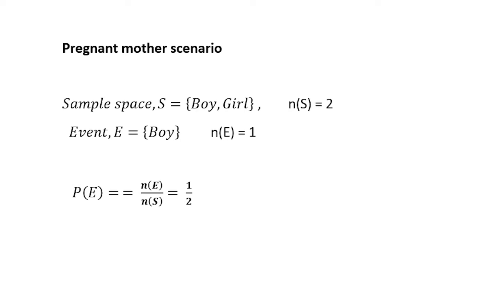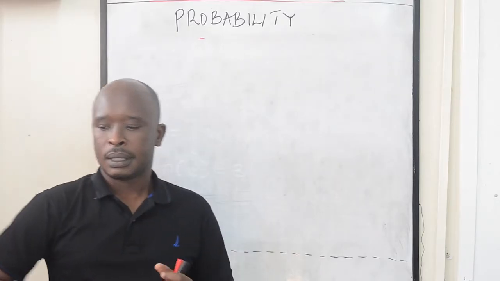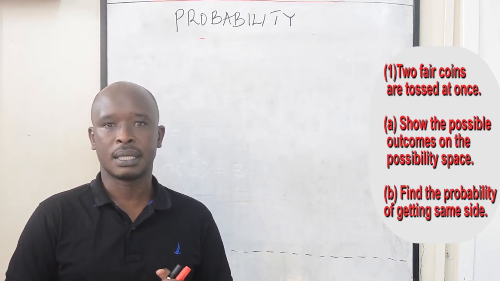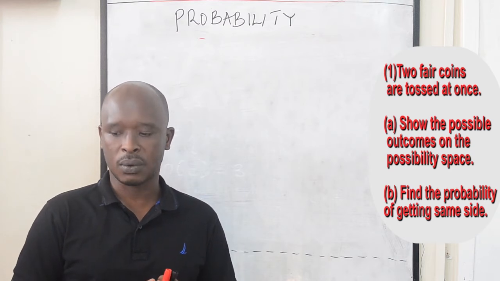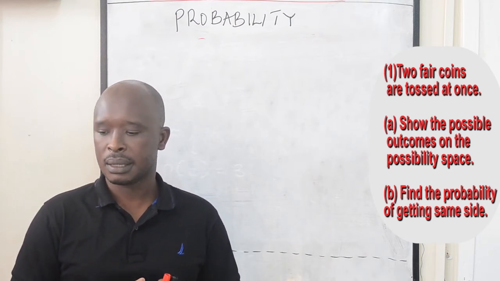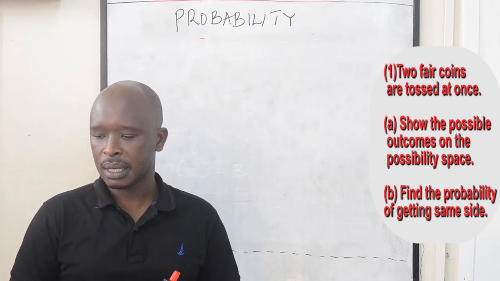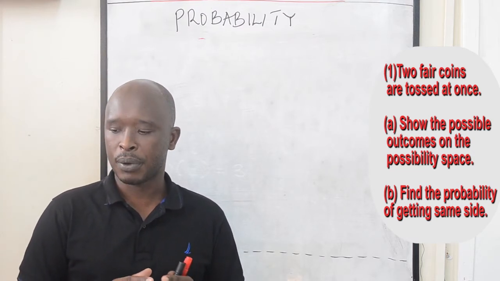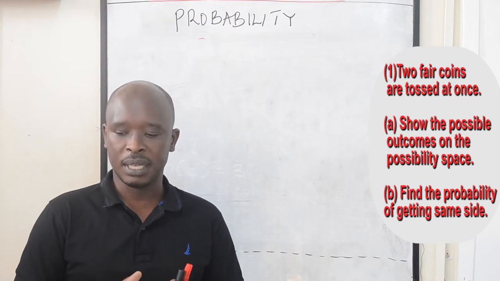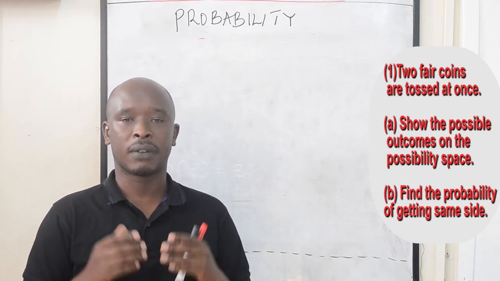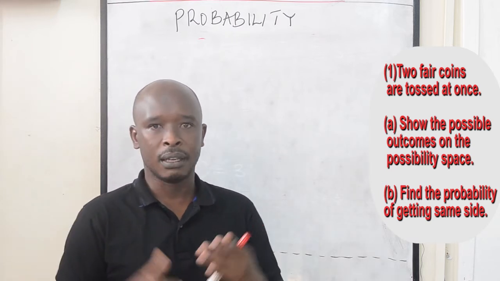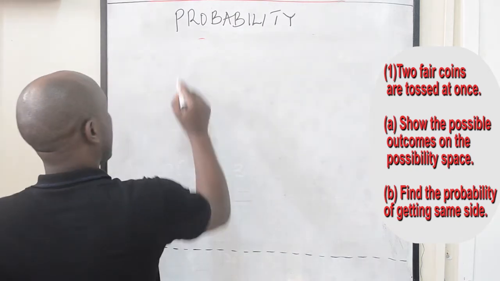Let us now look at the following example. Take a scenario where you are having 2 fair coins and the coins are tossed at once. So the example we are going to look at is 2 fair coins are tossed at once, and in part A they want us to show the possible outcomes on the possibility space. In part B they want us to find the probability of getting the same side. Now, in this setup, if we can depict our probability,